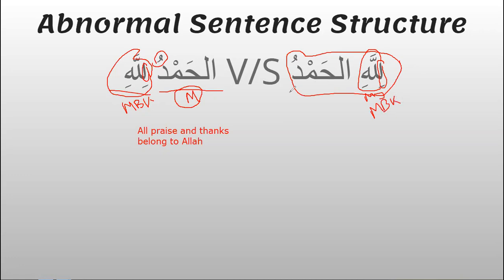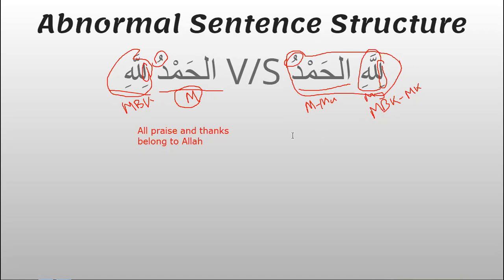Muta'alliq bil khabar. It has come before its position, so we'll call it muta'alliq bil khabar muqaddam. And alhamdu is our first rafa, so it's going to be mubtada, right? But it came later on, so we'll call it mubtada muakhar. Okay, so what does it do? It will add an extra emphasis, an extra "only." It will cause this one to be exclusive.